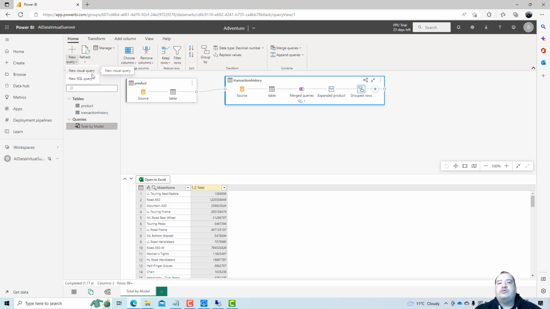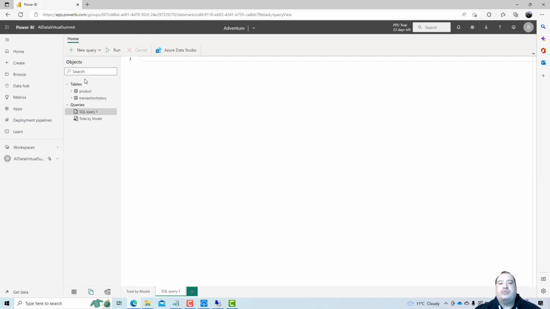I can use visual queries like I just did, or I can use SQL queries. In SQL queries, I need to type the SQL. Let's copy SQL here. I need to type the SQL and then execute.